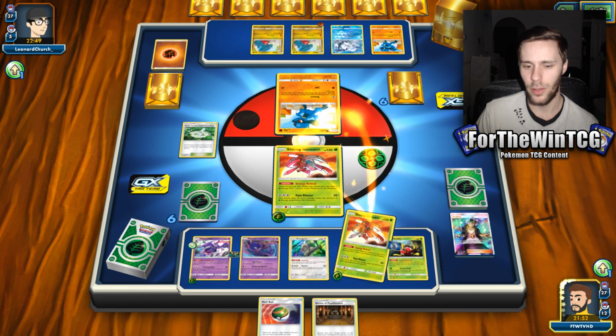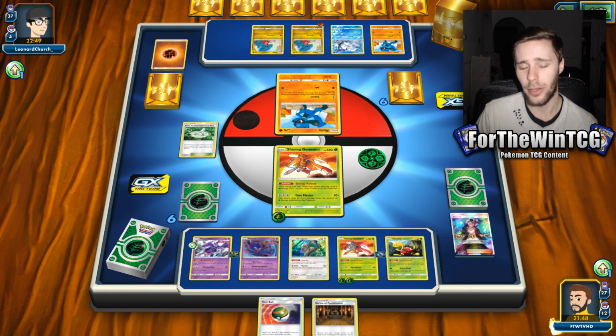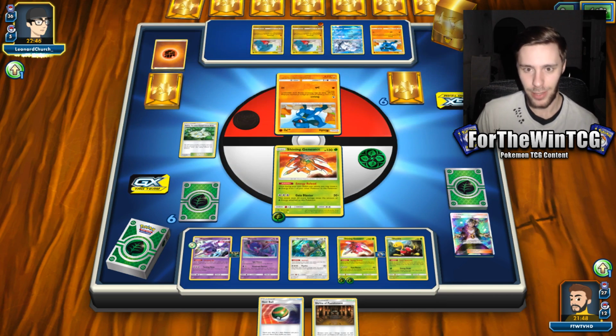Let's do that for now. And just pass. Doesn't feel good, but I think we're just gonna pass. My thought process is that